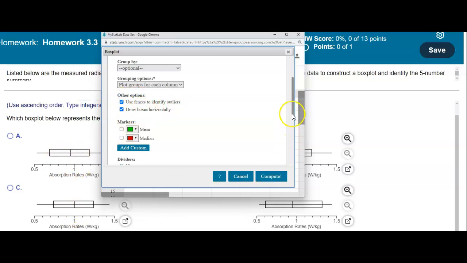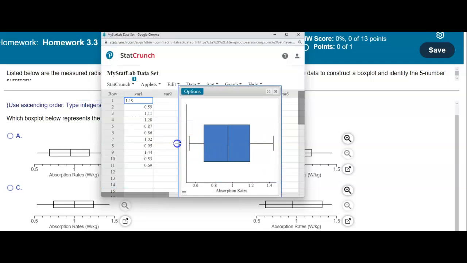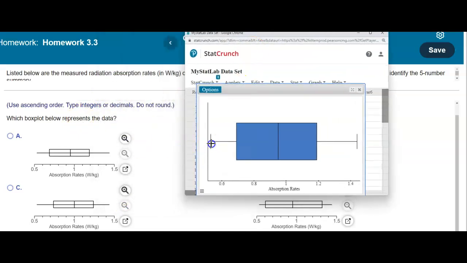Then we're going to go down here and title the x-axis label. We're going to say absorption rates. Okay, and then we're going to select compute. So here is our box plot. We can see that our minimum is located at 0.53, and quartile 1 is 0.69, the median is 0.95, and quartile 3 is 1.19, and the upper limit is